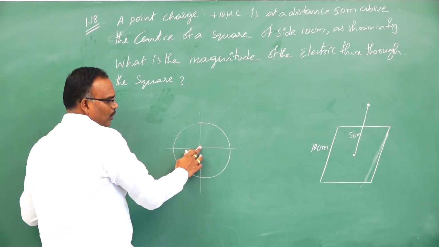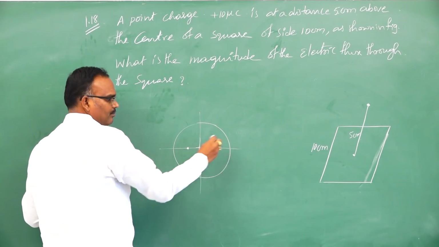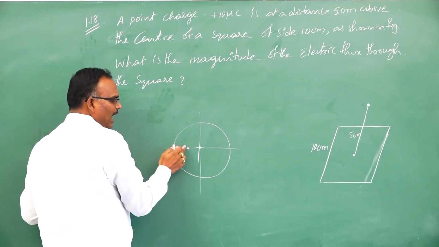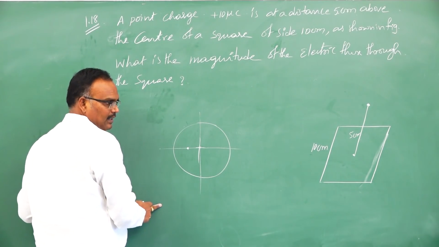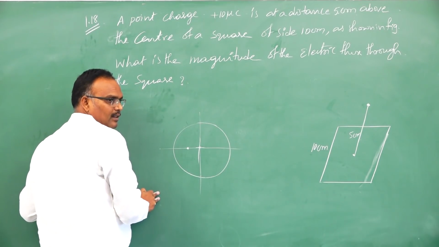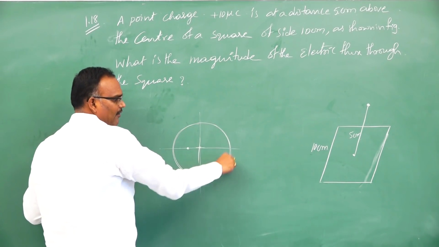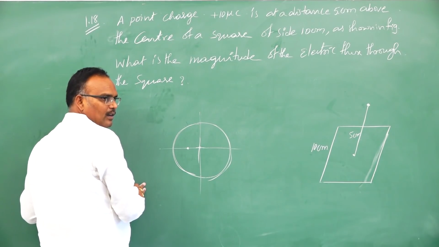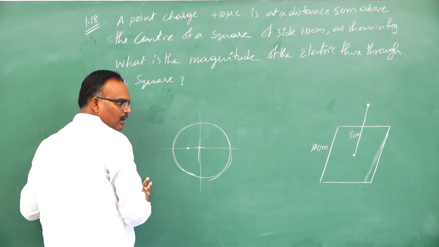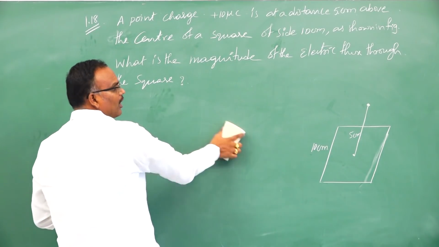For example, if you displace this charge, then this half of the sphere has more field lines and this half of the hemisphere has fewer field lines, because the charge is close to this surface and far away from that surface. So the field lines passing through this area and this area are not the same. But here we have a symmetry. The charge is at the center of the cube.